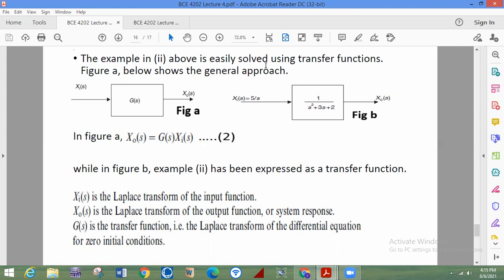You've clearly seen in these examples how we've used the transfer function to solve a second order differential equation. And this is a very, very important tool